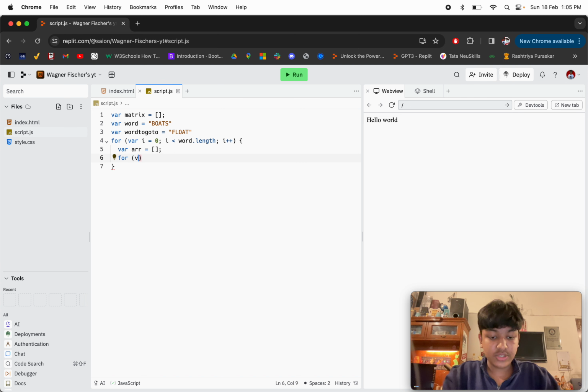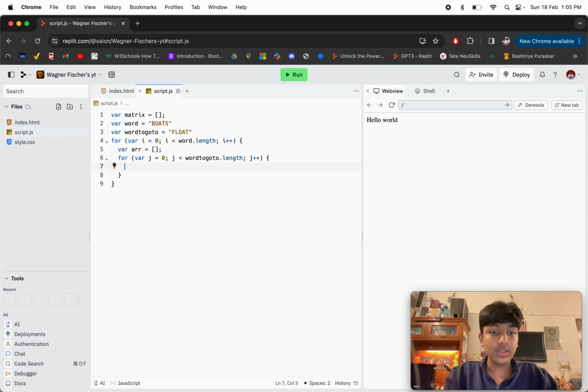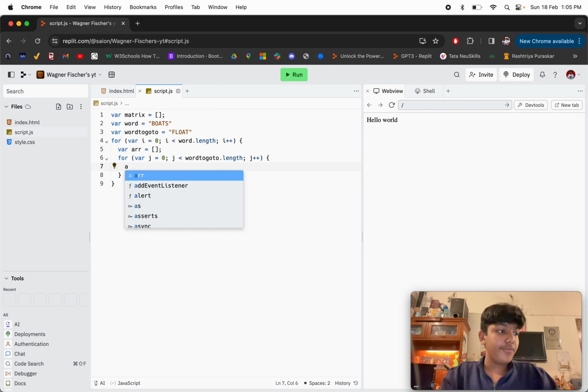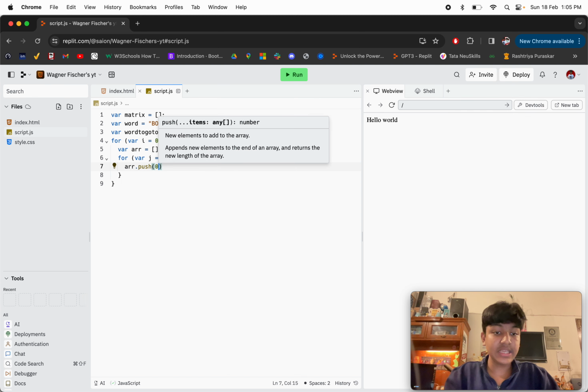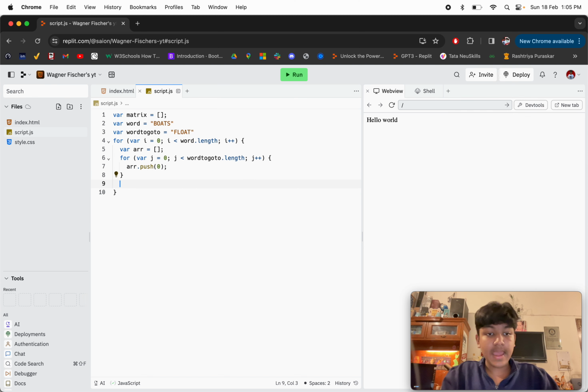Next we have nested loops because we have to create a two-dimensional array. Variable j equals 0, j less than wordToGo.length, right? And j plus plus, right? So now we are looping on float, right? And for now, we are just pushing 0 with array.push. We are just pushing 0 for now, and then we are going to say matrix dot push